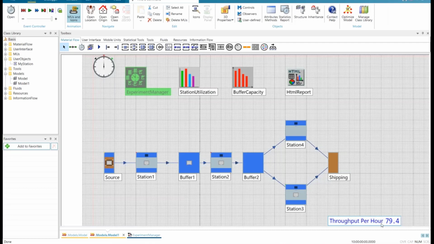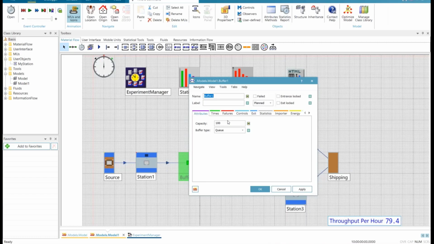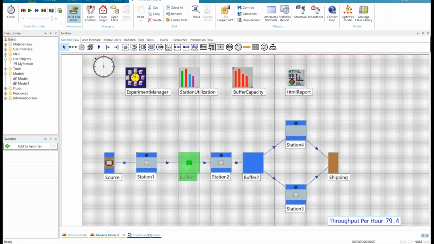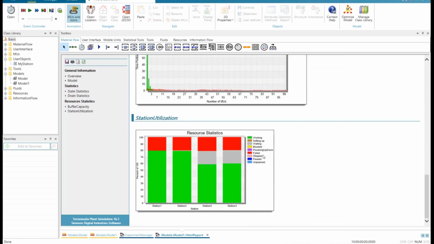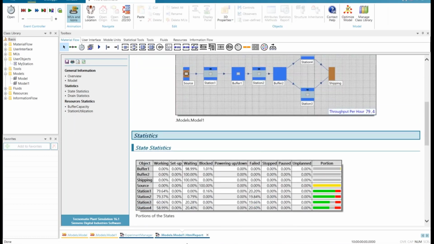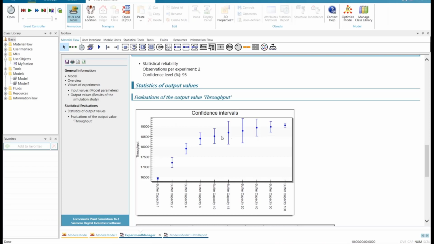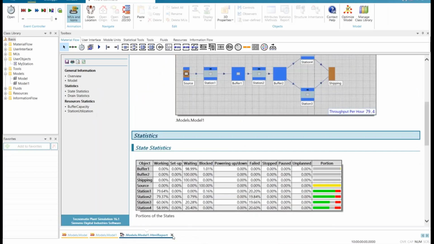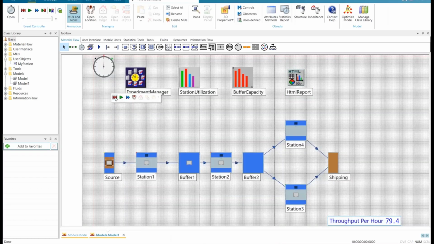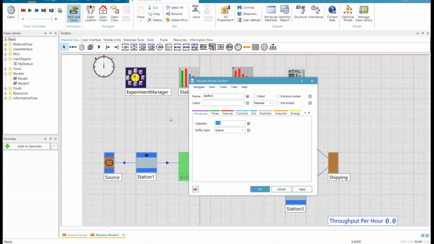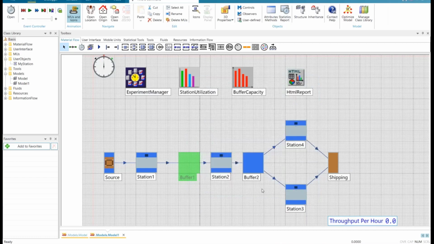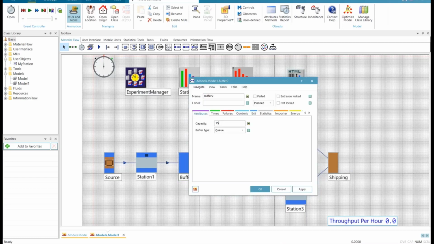I'm almost at 80 parts per hour, which is really excellent. But my buffer capacity is at 100. So again, if you remember, in this experiment, the graph here that I really want to focus on when determining this, sorry, that's the wrong graph, is this graph. So right in the flat part, I'll go with buffer capacity of 15 and see what that does for me. So again, it'll put it at 100 because that was the highest rate of production that I could get with that the experiment built right in. So I'll go back to 15